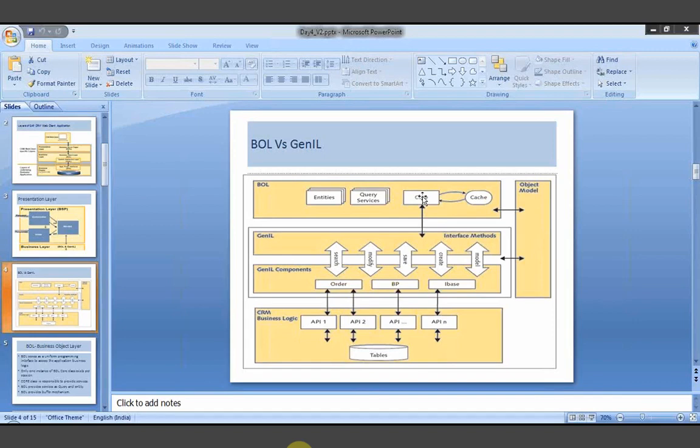Now this core object will interact with the Genie layer and intimate it: boss, I would like to get data for a query service, name starts with A, for account details.